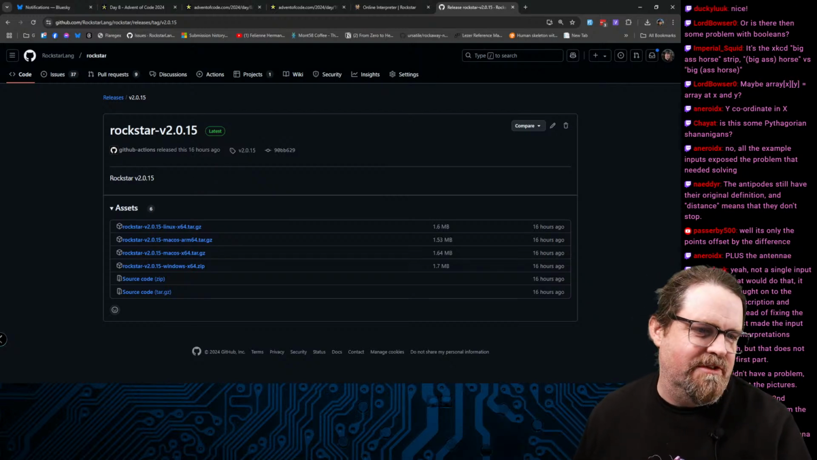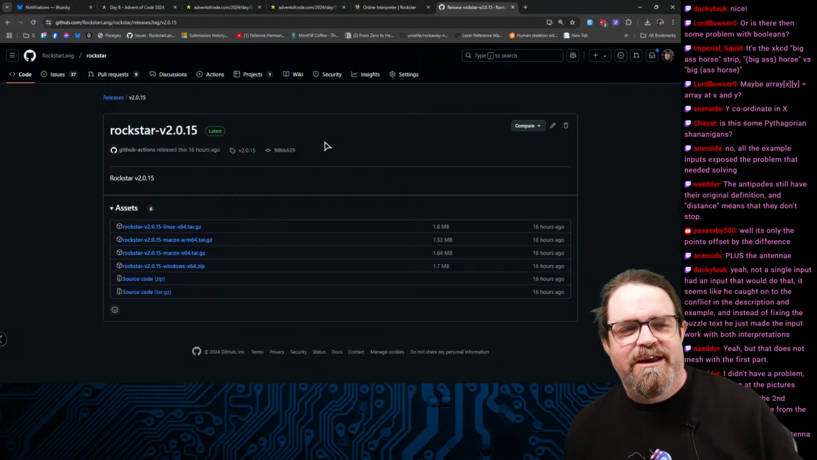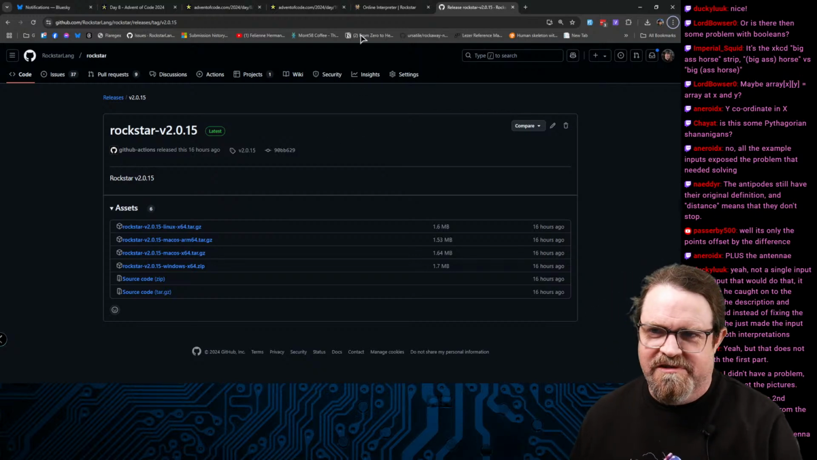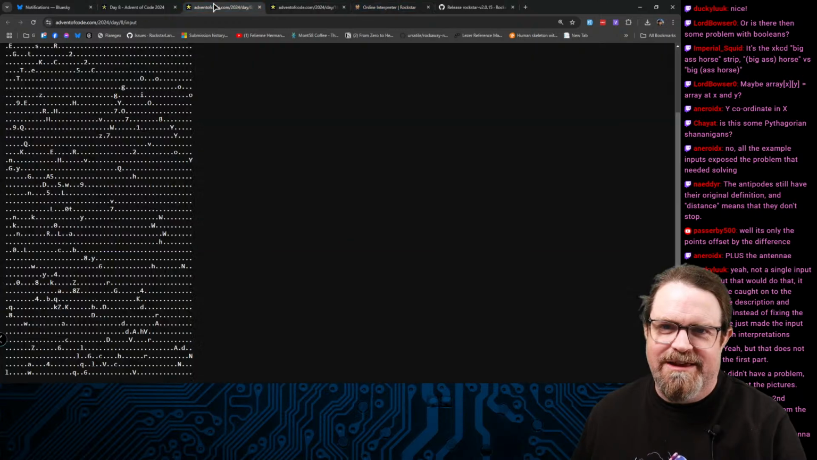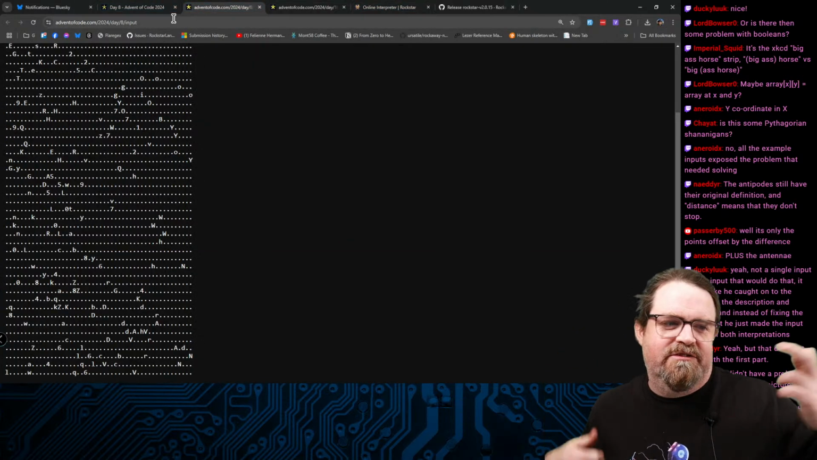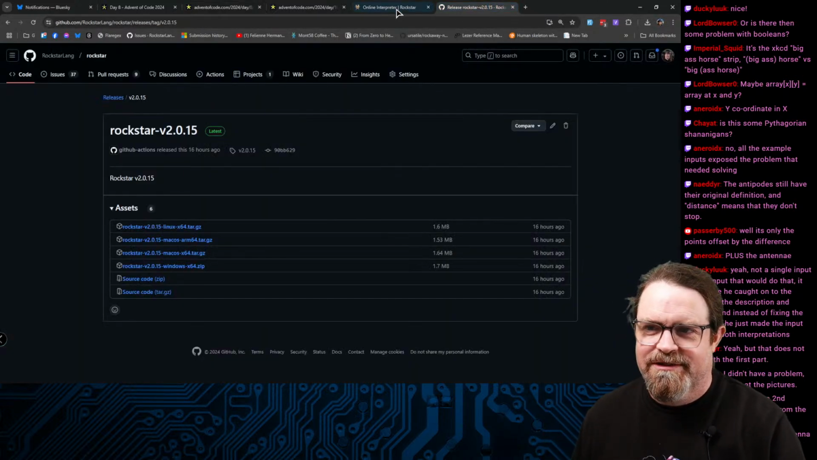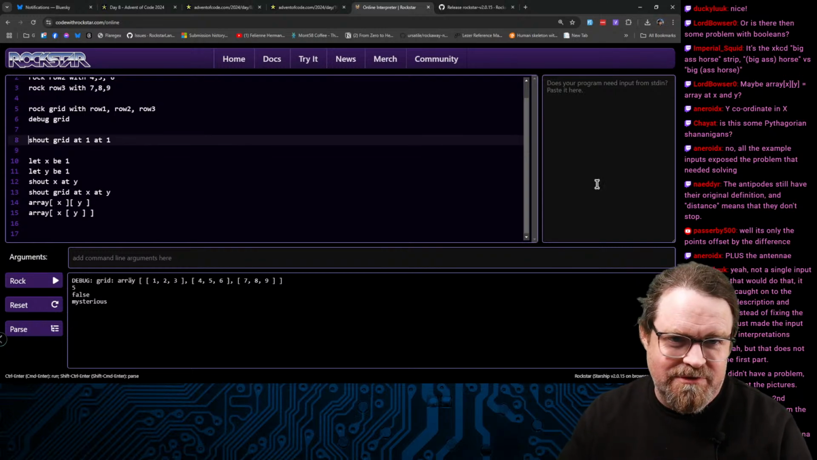So Lord Bowser has suggested "array at x and y", but the problem with that is that "x and y" is a logical expression, because "x and y" is the Boolean conjunction of x and y, so "and" is already used there. Now, there is a thing in the Rockstar syntax that I think we may be able to reuse here, because